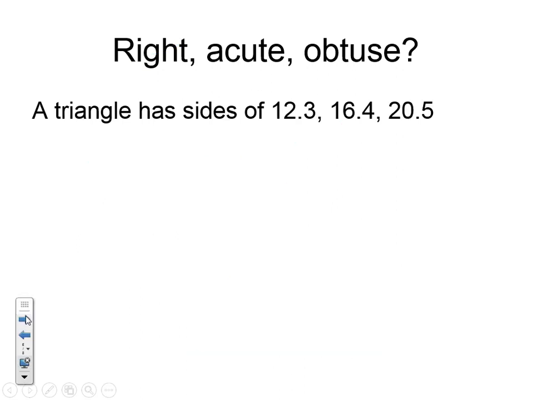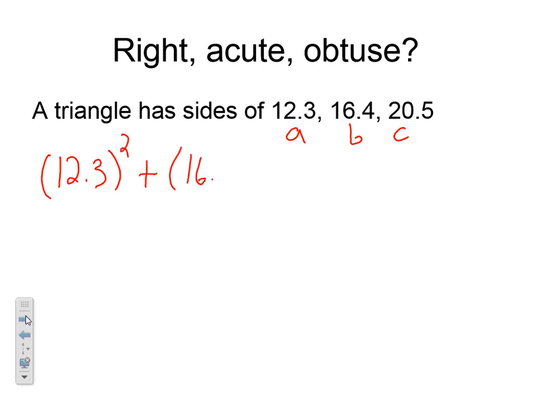All right, here comes example number 2. Use this one, A, B, and C. So 12.3 squared plus 16.4 squared equals 20.5 squared. So if I go through and I square these, here I'm going to get